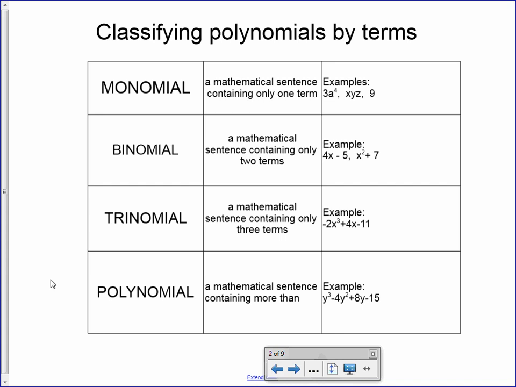A binomial is a mathematical sentence containing two terms. Examples would be 4x minus 5, x squared plus 7, two terms. A trinomial has three terms. An example would be 2x to the third plus 4x minus 11. And a polynomial is the generalized way of calling all of this stuff, but anything greater than 4,